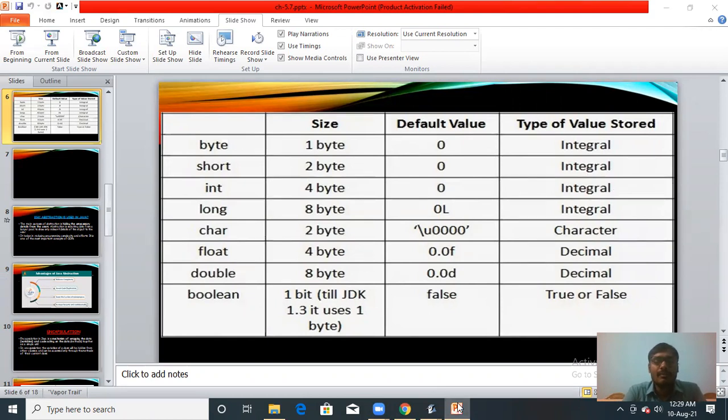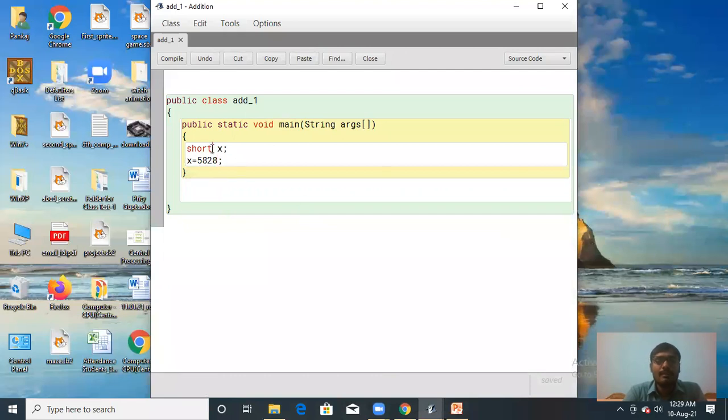Now, while you are writing the program, you can also use the int data type. In place of byte or short, you can write the int data type. Why int data type? For storing integer values. You can assign the variable x as int, as integer, and you can store some integer values which are much bigger than short. You can add two variables or two numbers, or you can multiply, or you can do many things.